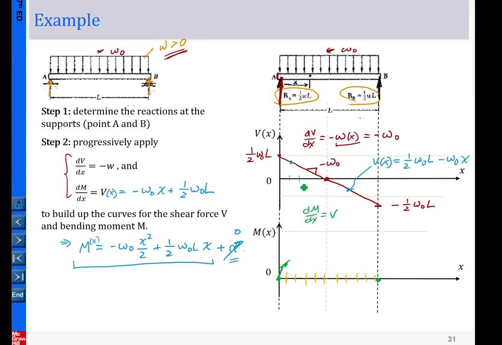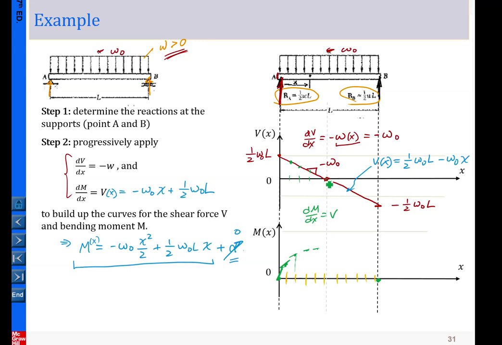Then we proceed to this location here, and v is even smaller but still positive. So at this location the slope is even smaller, which means it's not that steep. Now at this location, v is even smaller but still positive, so it's getting flat. You can see that as we progress, the slope gets flatter and flatter